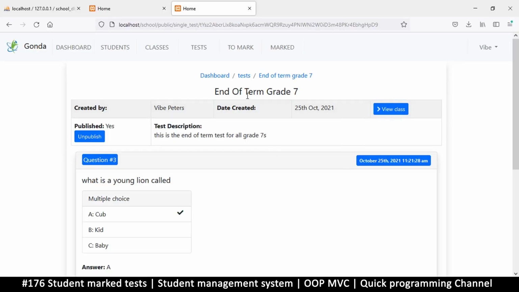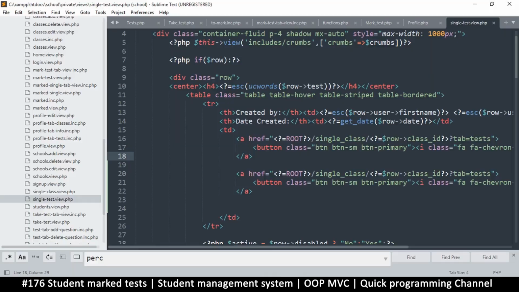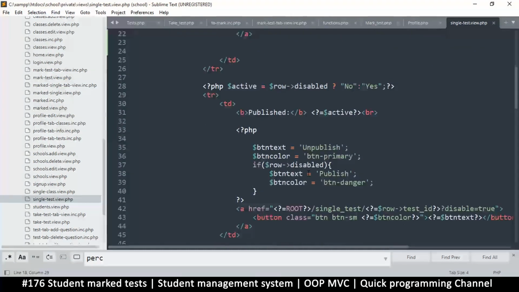Now I want this to go to the single test, but with, let's see here, what do we get? Single test, but with a question mark, a query string there that says scores. That way we see scores instead of these questions here. Okay, so this way